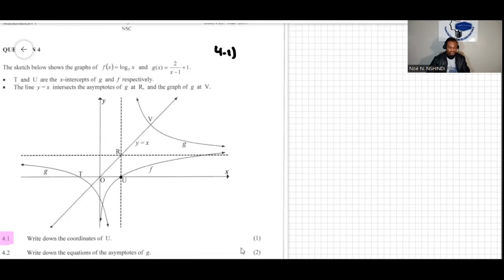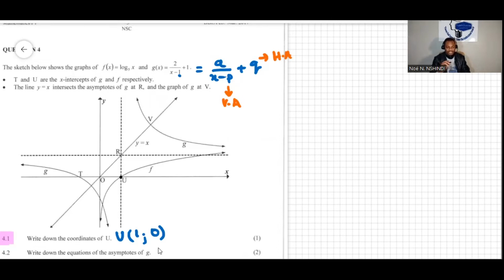And now if I look at this equation here, this is the equation of the hyperbola, so it's like a over x minus p plus q, where p is the vertical asymptote and q is the horizontal asymptote. So it's easy to say that the coordinate of u is just 1, because the horizontal asymptote is 1, this one here. So 1, 0, because it is an x-intercept, so that's u. And then question